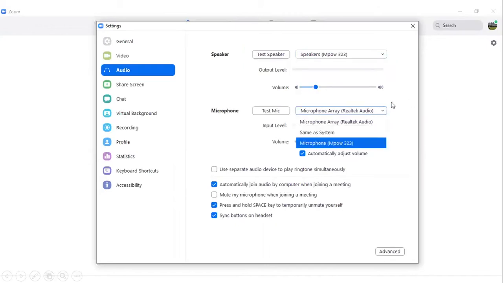If you are having issues with your microphone, you can click the test mic button and then again select from the microphones there. When you click the test mic button, it will record, and then when you stop speaking, it will play back the sound for you so you can hear whether your voice is being recorded or not. You can also hear the quality of the recording. So if you have an option between several microphones, you may want to use a headset microphone rather than the built-in one, just because your voice will be far more clear and other people will be better able to